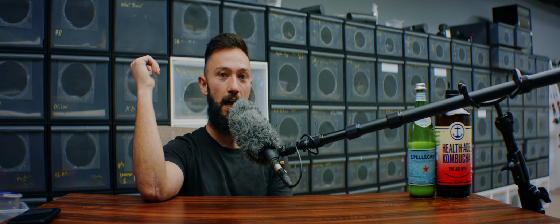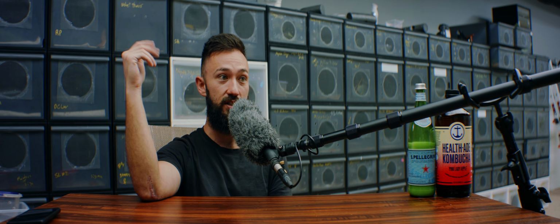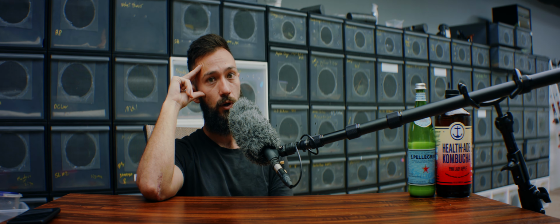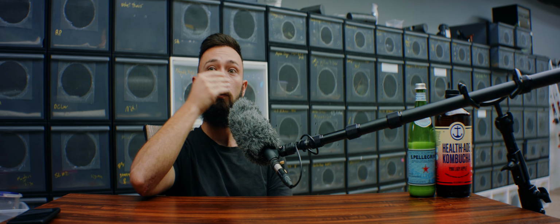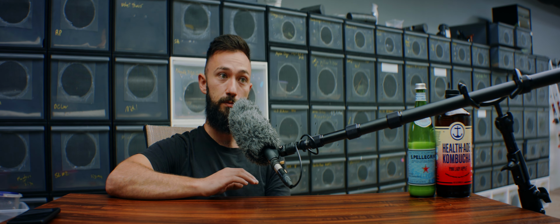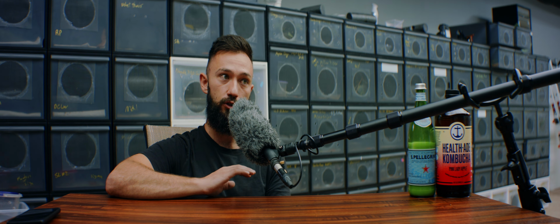The economy is going to collapse. We're going to see the worst recession that we've ever seen since the Great Depression or since the 2008 housing crash. It's going to be really bad. So if you're in a fortunate enough situation where you do not have to worry financially, right now is going to be the perfect time to buy up as many geckos and as many breeding plans or projects as you can, because people are going to panic sell and people are going to try to get out of the hobby